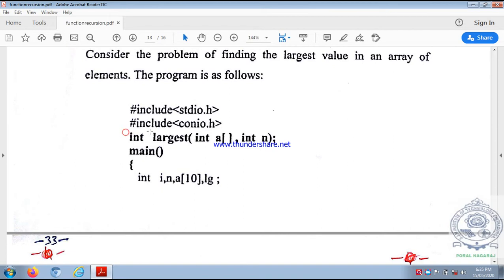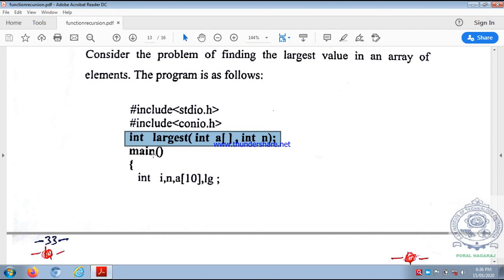Now see, this is the function declaration or function prototype, giving the information to the compiler saying that there is a function called largest. So we have defined a function called largest whose return type is integer, which has got two arguments, two parameters. So first parameter is an array of integers. See, int a of no size here. So first parameter, formal parameter is an array of integers, comma. Second parameter is n of data type integer. Because this is a function declaration or function prototype, we have used semicolon here.